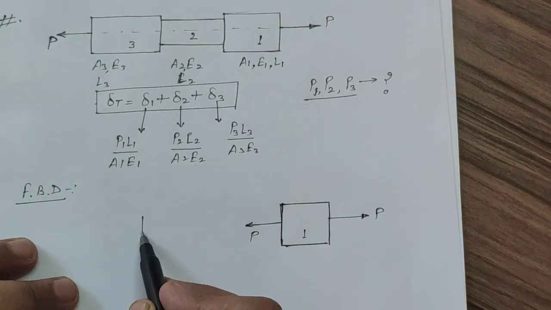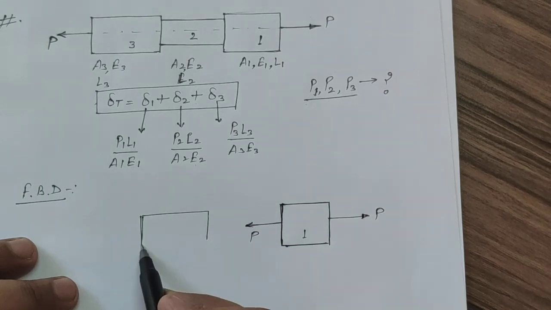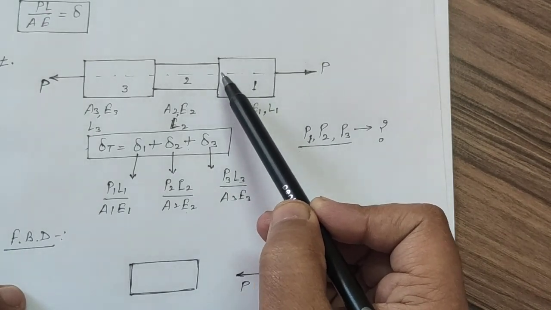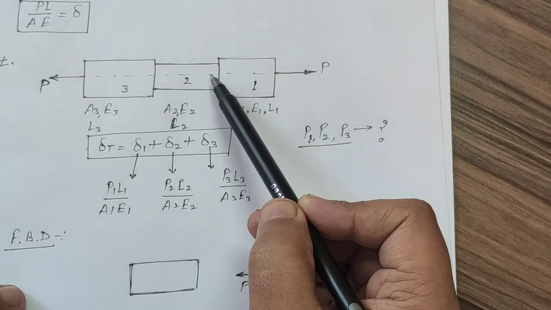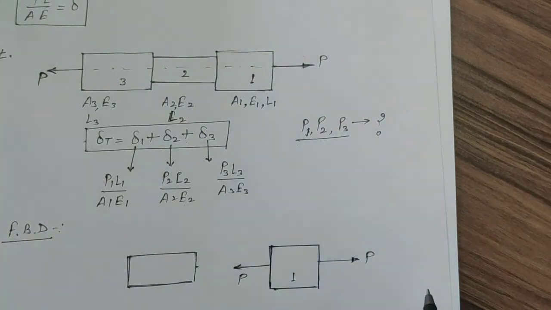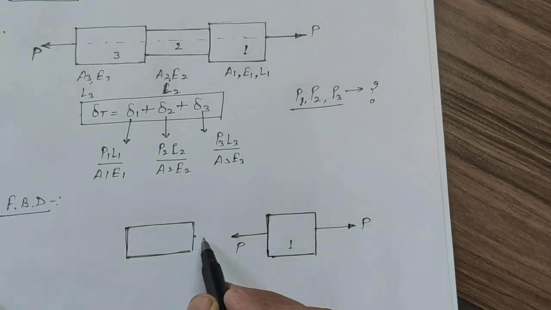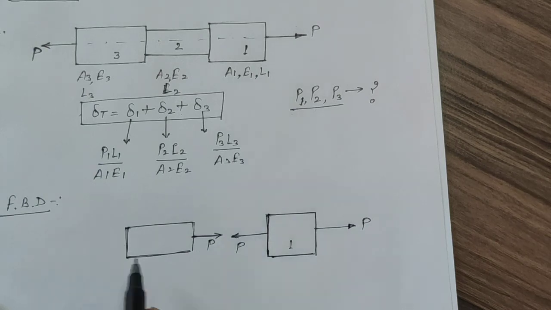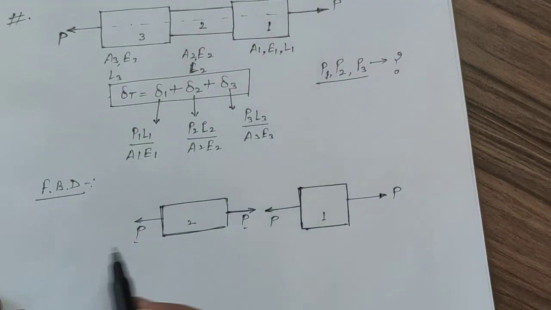Now draw member 2. Okay, now in member 2, at this face we don't have any force, because the positive x direction will equate the negative x direction, meaning the same amount of force will act on member 2 but in the opposite direction. So this is acting in the negative x direction, so the equal and opposite force will act in the positive x direction. The member is in equilibrium, so here we will have the P. If this is P, then this one will also be P.